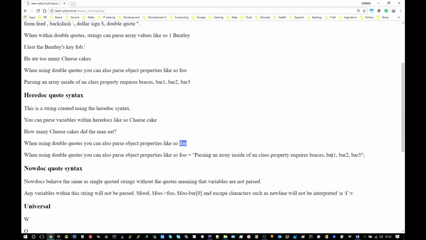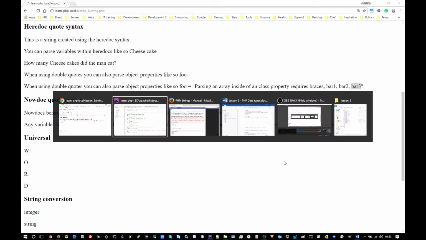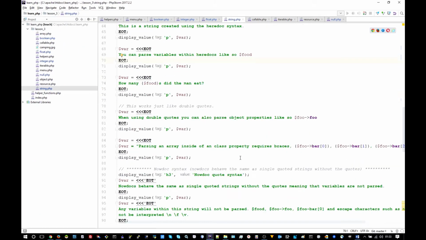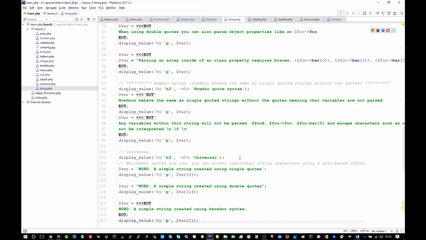object property, or actually, one more that contains an array, with the values bar1, bar2 and bar3. Now the last option you have is the NowDoc